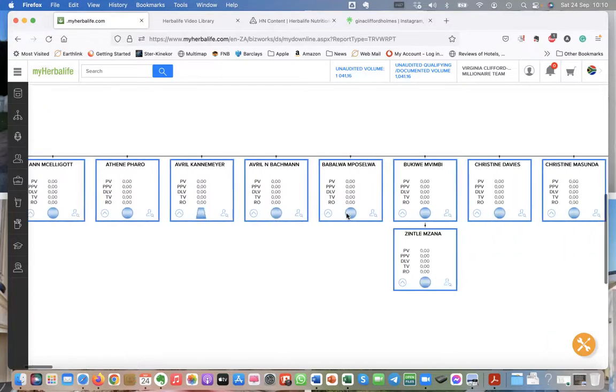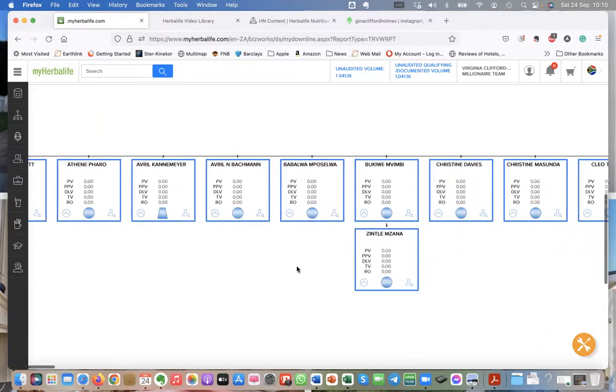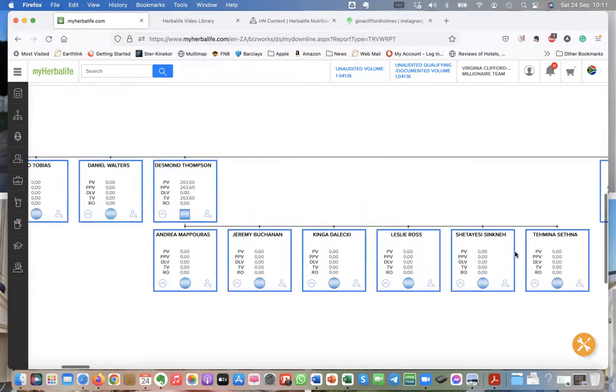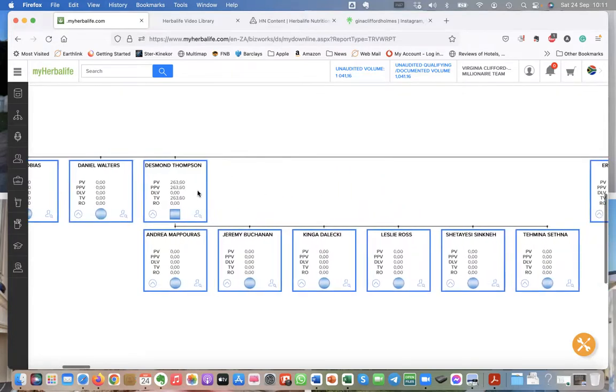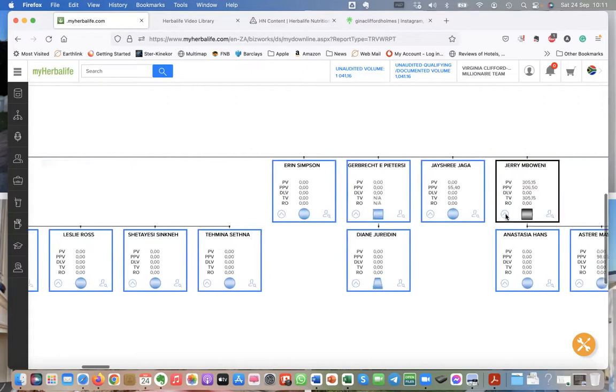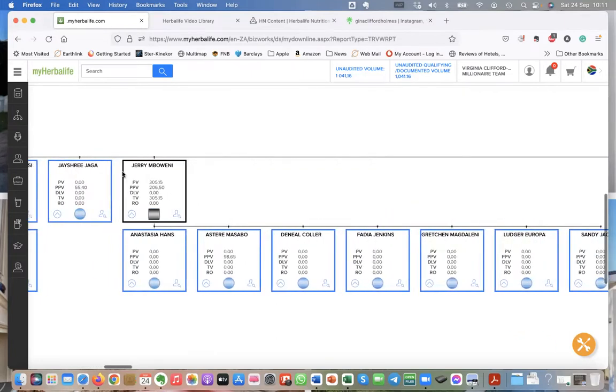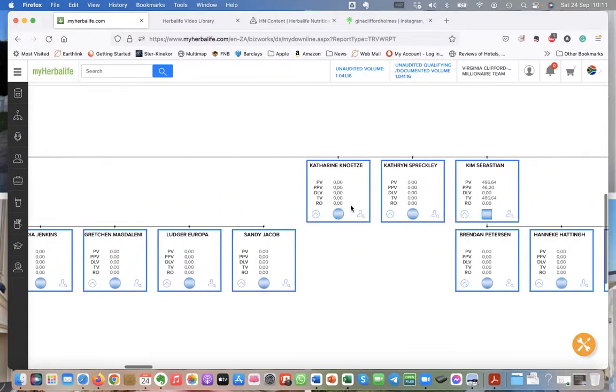Some people, as you can see, do not have any distributors underneath them. Some people are purely consumers of the products. And then you will get some people who build bigger teams. Des Thompson is in the UK. He's 80 years old, and he's still recruiting members and still doing the business because he loves it, and he's been doing it for over 25 years. If it's a different color, Jerry's on the world team level, and he's got his little team.